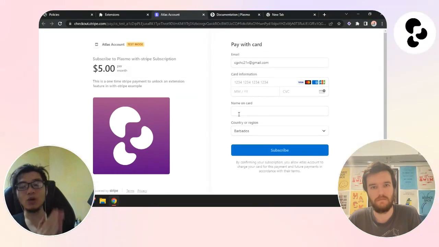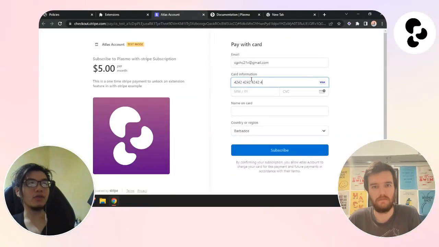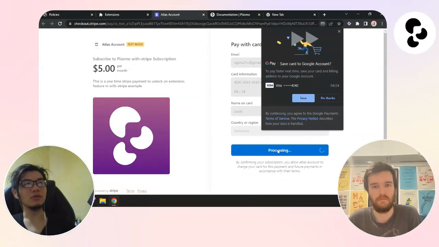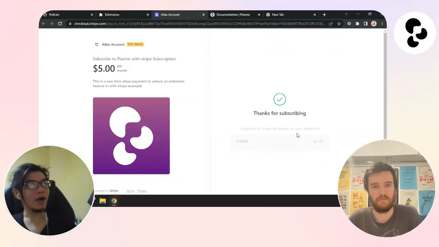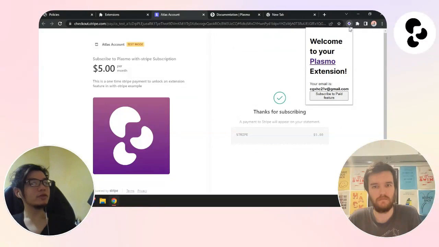Because this Stripe payment page is wholly controlled by Stripe, and the code in here is all Stripe's, it is fully PCI compliant, and the user should feel safe providing their card information here. I'm using a test card right here to turn on this subscription. After the subscription is done, now when I open up this subscribe to paid feature,